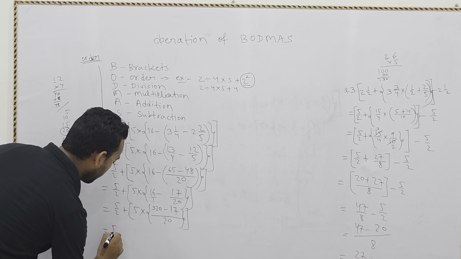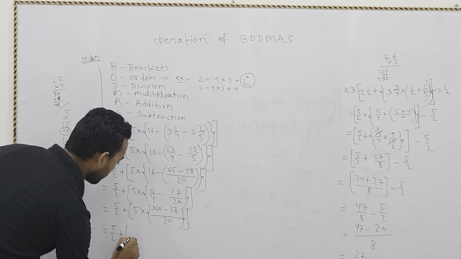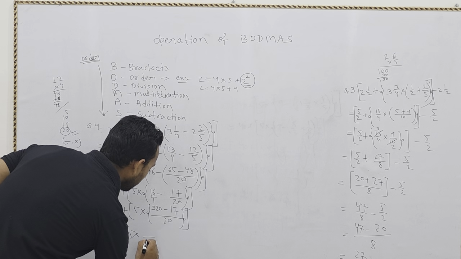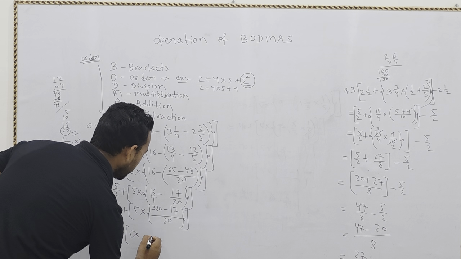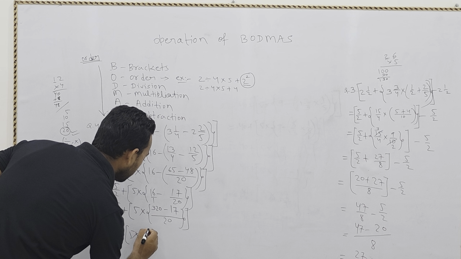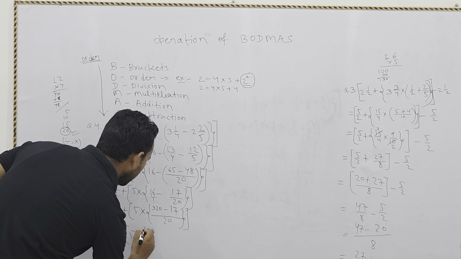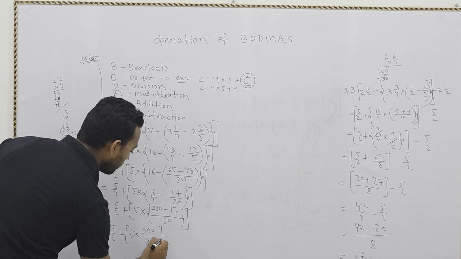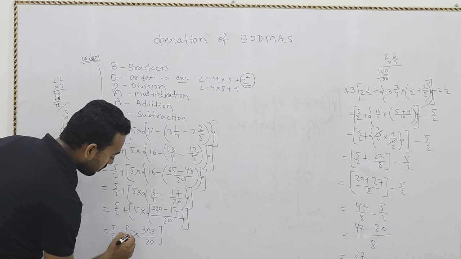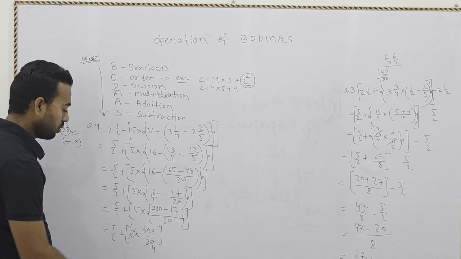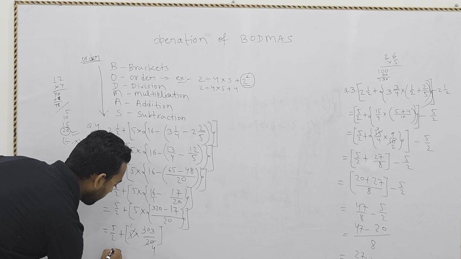Again 5/2 plus bracket start, 5 multiply. Here we will subtract. In the denominator we will write 20. Now we will subtract here, 30. Then again what we will get here, 3. So here you can see we will cut with the table of 5. 5 times 1 is 5, 5 times 4 is 20. So here what we are getting, 5/2 plus 3 0 3 divided by 4.